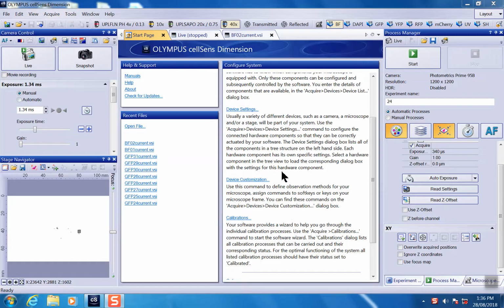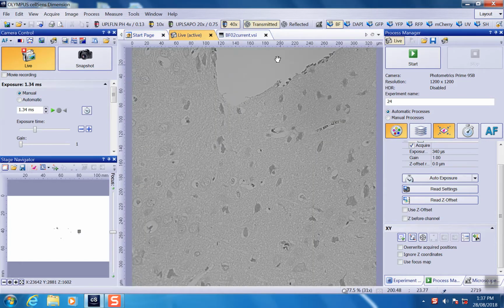Now I'm going to show you guys how to do a calibration of the XY shift and the Parfocality when you change objectives. So the idea is if you have multiple objectives, when you change objectives, if you have a motorized system, the system will adjust automatically, so you're always in focus, you're always in the right position X and Y. To give you an idea before we do the calibration, if we go on live here,